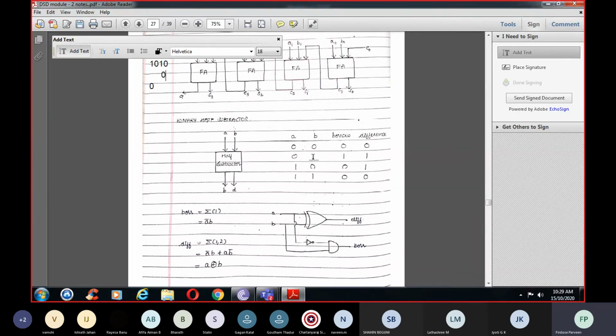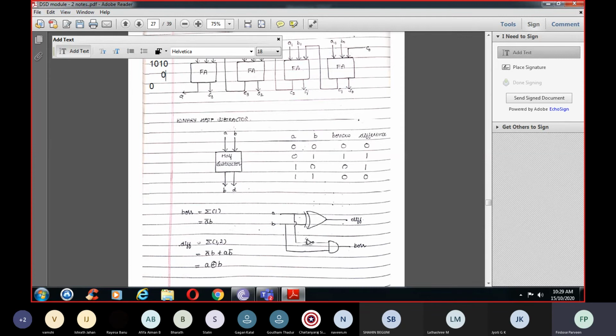Corresponding row, if you see, it is A bar B and here it is A B bar. From the two tables also you can write the expression, that is A bar B, A B bar. So A bar B plus A B bar is what? It is A XOR B. Okay, so now put the circuit. That is nothing but A XOR B. I'll be using an XOR gate. That is what you are getting.